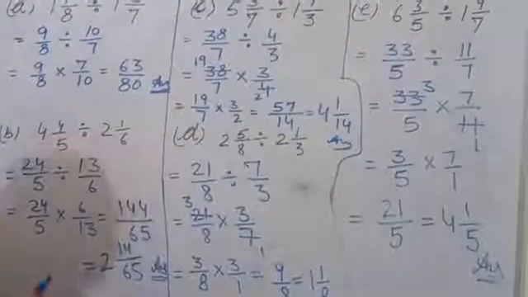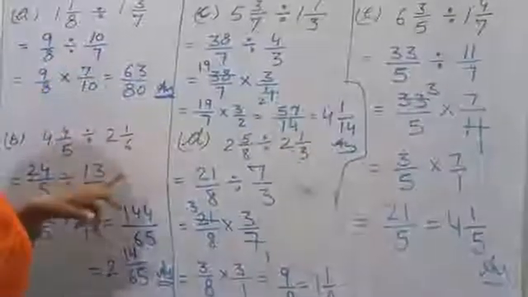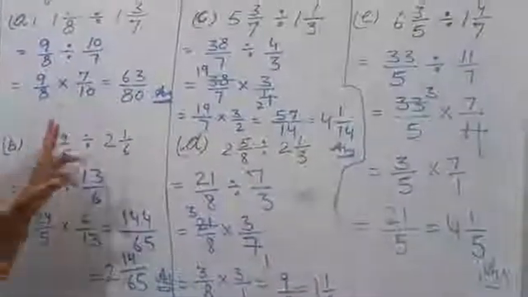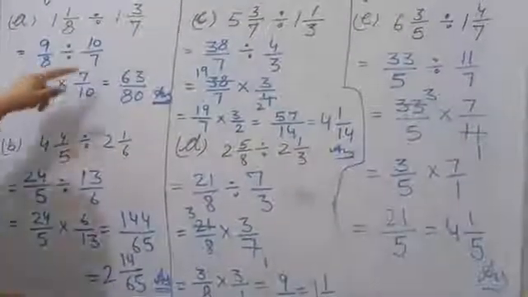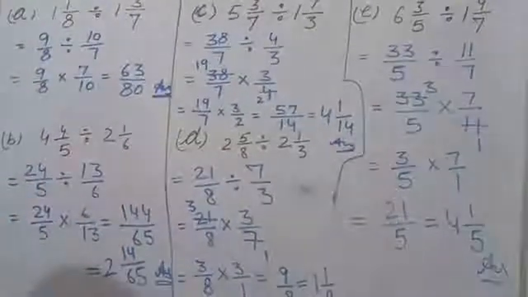So in all questions you have the same process. Whenever you have a mixed fraction, you change it into improper and then you divide. Okay, and the divide method, how to change? Firstly divide changes into multiply, and then we take the reciprocal of the second fraction. The same method in all questions, nothing else.